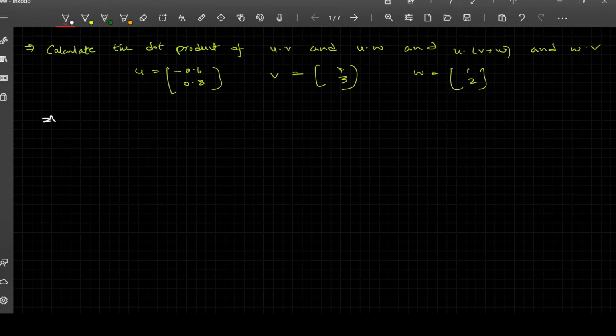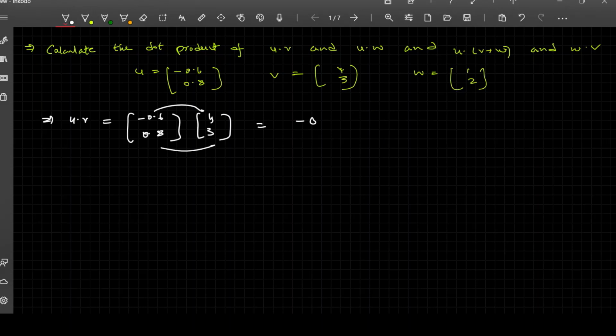Now we need to find the dot product of U and V. That is minus 0.6, 0.8, and this is 4, 3. It's the same thing that we do in basic geometry. We just multiply the i components and multiply the j components. If you multiply the i and j components, the result will be 0, isn't it? We know that because they are perpendicular vectors, and the cos of 90 is 0. So the same thing applies here.